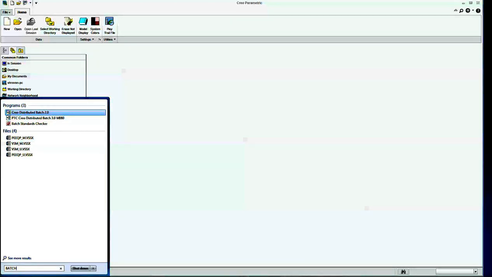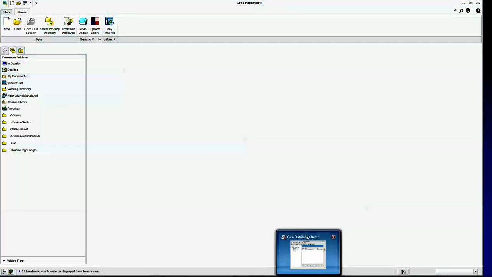So these two tools convert SolidWorks part files in a folder. There may be 100, 200, or any number of part files in a folder, to any format, IGS or STEP or whatever you need. Then from that format you can import it in Creo by using this Creo distributed batch tool, this one, okay. So this is all, guys.